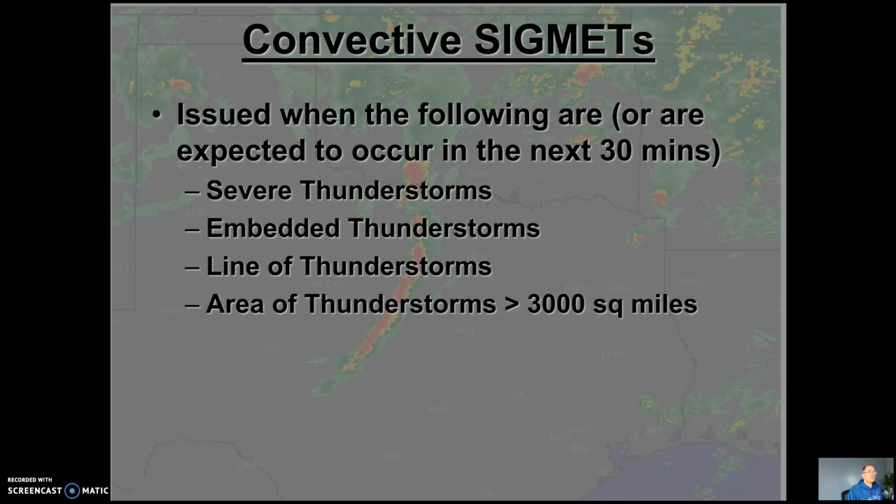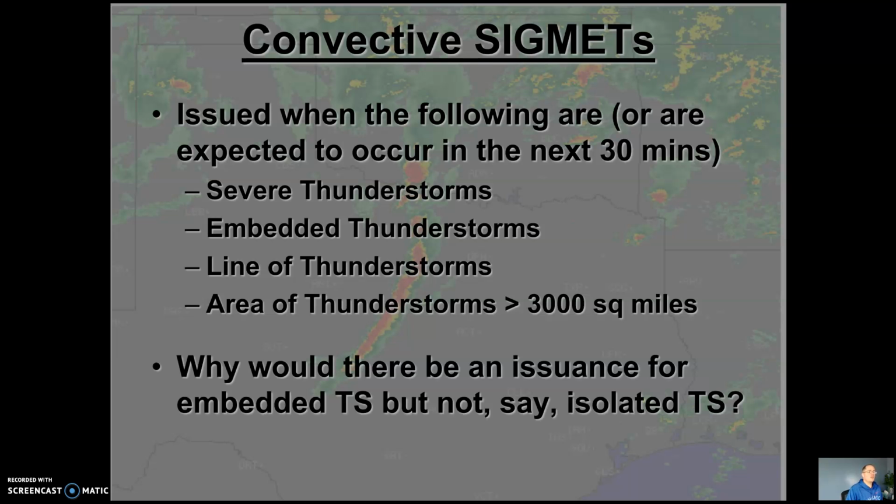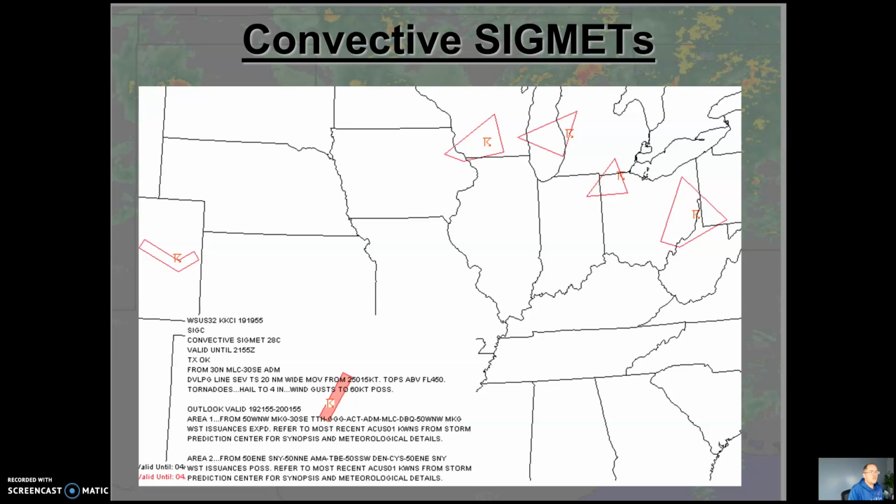And finally, an area of thunderstorms, the MCC type setup per se, a large area of thunderstorms. And so we're not necessarily going to focus in on isolated thunderstorms, features that maybe are air mass type thunderstorms over the southeastern United States. But the embedded thunderstorm's dangerous, the isolated thunderstorm should be visible, and if we get enough isolated thunderstorms, a maritime tropical air mass type afternoon, all of a sudden we may have enough of an area to be able to issue some type of convective SIGMET. But as we see on this final slide, they're going to be small in nature. Little polygons that are here.